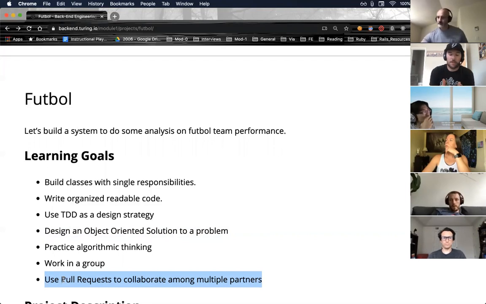So the way that we have the project set up is on Monday of week 5, your statistics methods are due. So the methods that we ask you to create for this project will be due on that Monday morning. And from Monday through Thursday, you will be working on the design portion of this project.